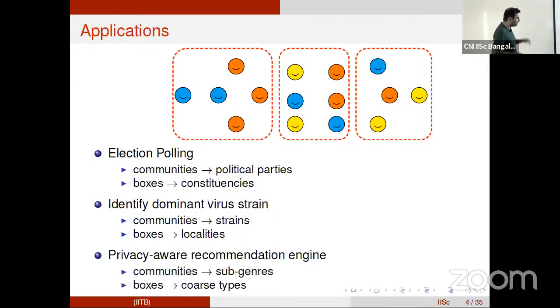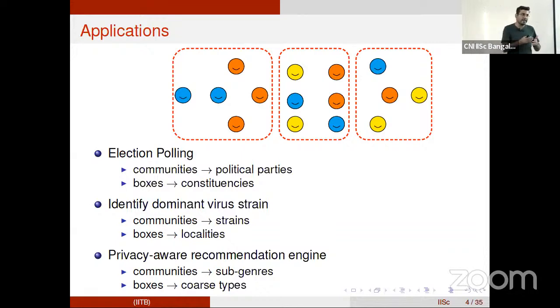And the third one is slightly different, along the lines of privacy aware recommendation. Think of a recommendation engine which is part of a system which has some content, let's say movies. Movies could belong to different genres like comedy, romance, action, and so on, and there could even be subgenres. Within comedy, there is romantic comedy, dark comedy, slapstick comedy, and so on.